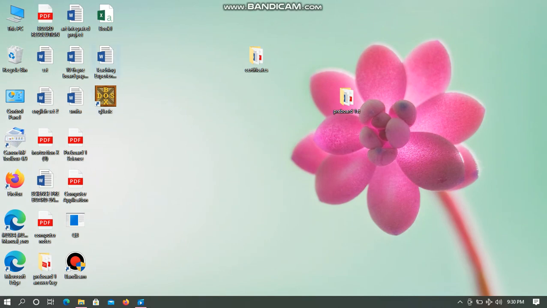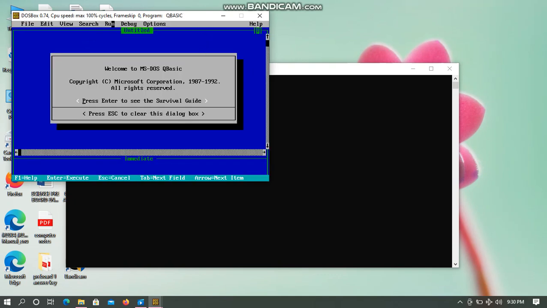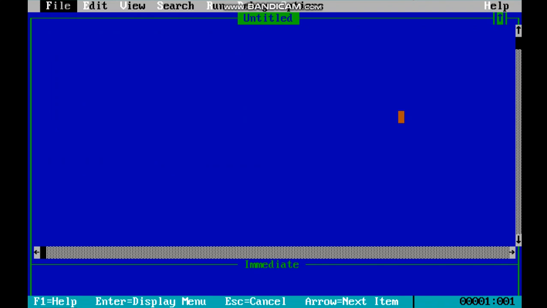Then you will get this option on your desktop and you have to open this. Now you will get this window screen. ये जो first screen होगी आपकी, ये विंडो आपके सामने आएगी and then you have to press Alt plus Enter to view in full screen. फुल स्क्रीन अब हमें दिखने लगी है. To get the full screen we have to press Alt plus Enter. Only then we can get the full screen.